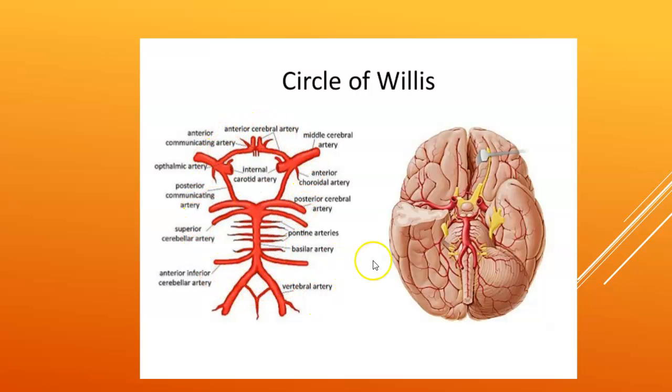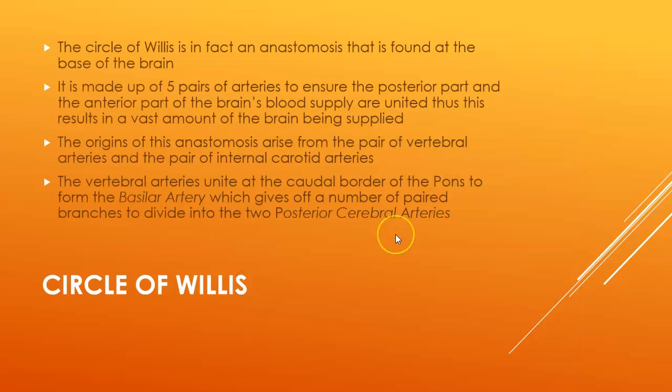And if we lay this on top here, we see it on the workings of the brain itself. This is the inferior part of the brain here. We're looking at the bottom of the brain. Now you can understand how the blood that comes into this area, whether it be from the internal carotids or from the vertebral arteries, serves to meet the needs of the entire brain's blood supply. So, the circle of Willis is in fact an anastomosis that is found at the base of the